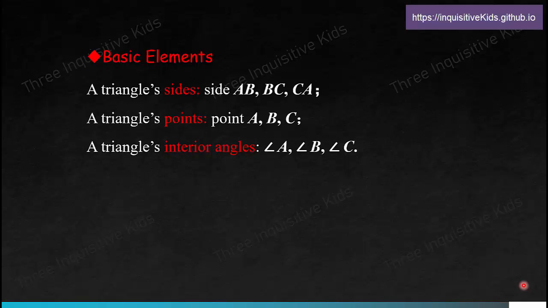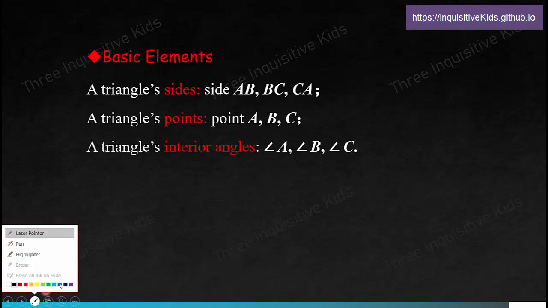Basic elements. A triangle's sides: side A, B, B, C, C, A. A triangle's points: point A, B, C. A triangle's interior angles: angle A, angle B, angle C. Mind you, the triangle it's talking about right here is just a triangle